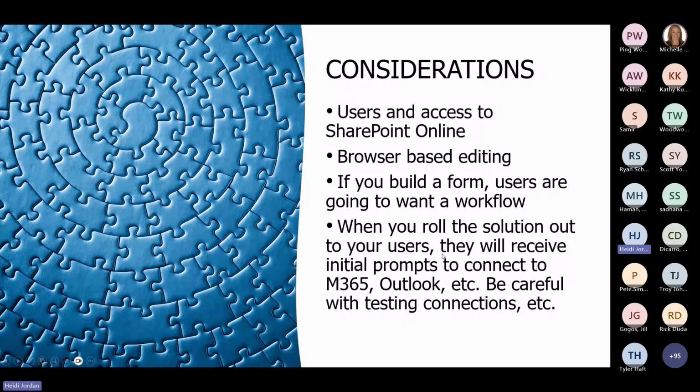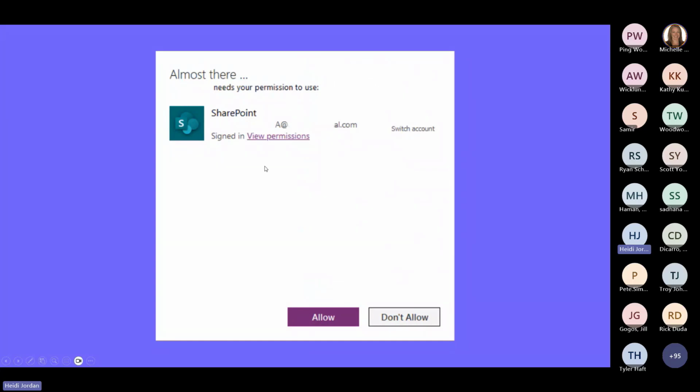But when you do publish your form, you will get this prompt for the very first time, and it'll say so-and-so needs your permission to use, and then it'll have their email here. They need to click allow. This is just making sure that they can use the form. It's a one-time connection, and then it'll go away. So there will be some panic from users when they see that screen, but just assure them that it's a